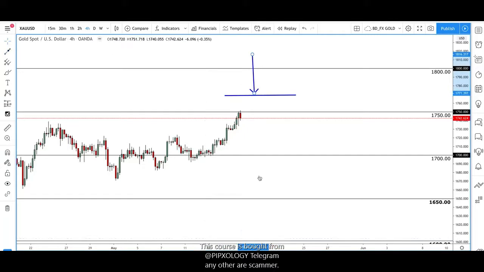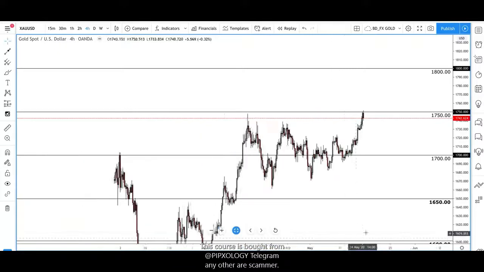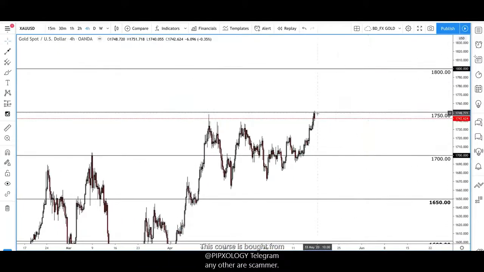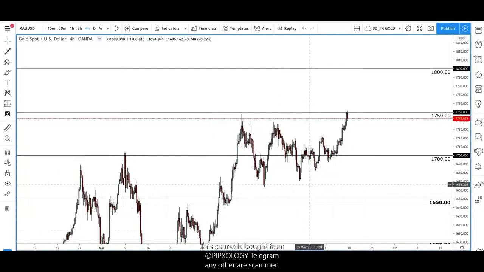But at the moment, it's hard to call it. We can't say exactly where it's going to come from. Gold can move very fast. We may come up and hit that round significant level of 1800. So if we see a pullback down, it could even be a trade up. But right now, it's hard to call it, guys.